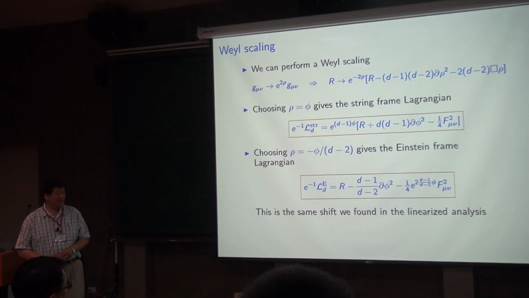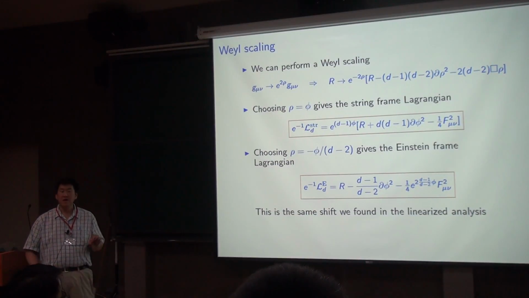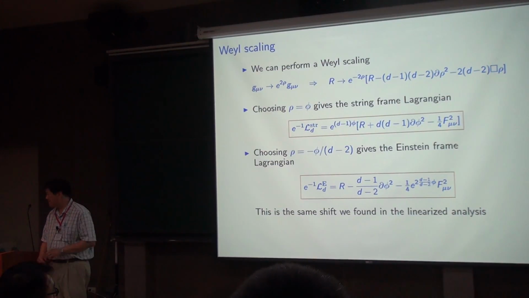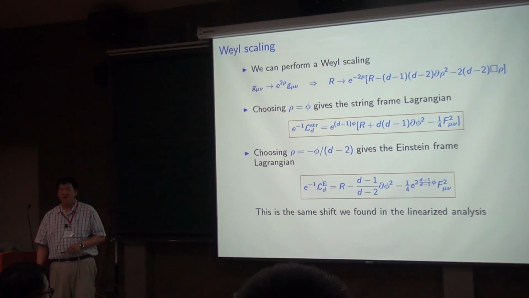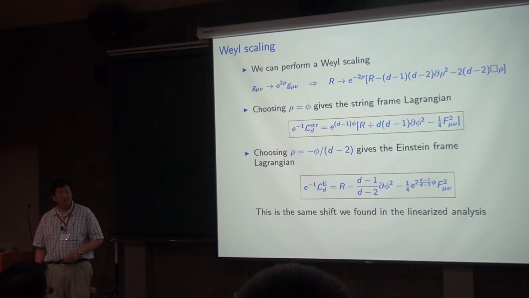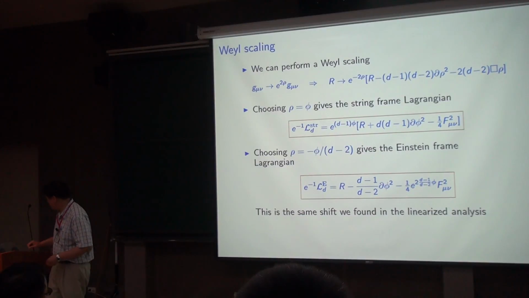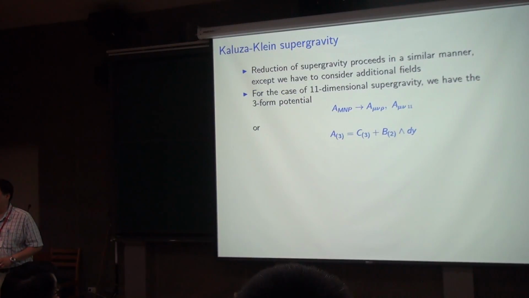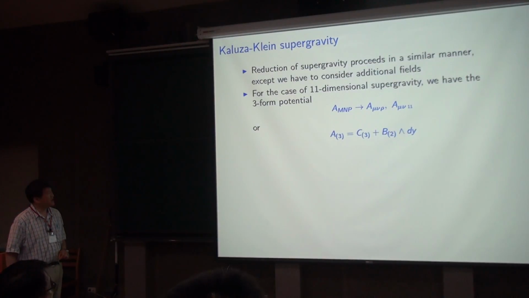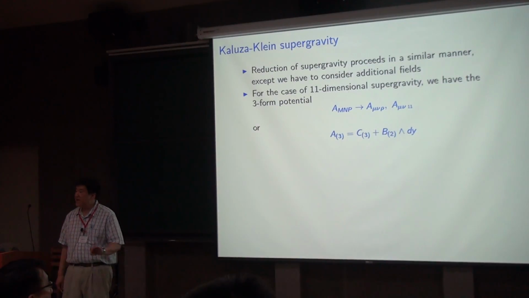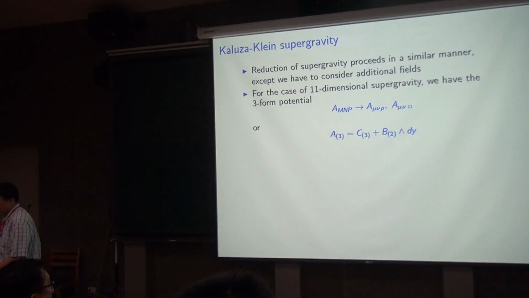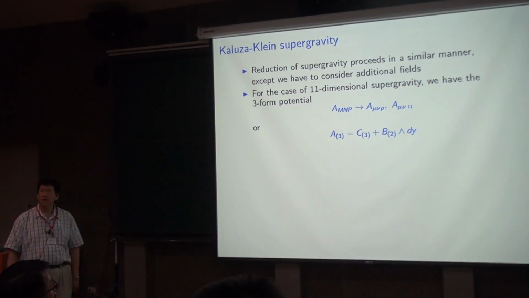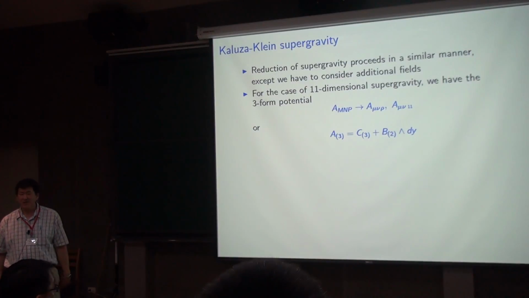So I spent a little bit of time talking about Kaluza-Klein gravity, reducing the five-dimensional gravity theory to give you Einstein-Maxwell-dilaton in 4 dimensions. Of course, what I really want to do is to consider the supergravity case. And part of the complication of supergravity is to have additional fields. I have supersymmetry and I have fermions to deal with. If I ignore supersymmetry and fermions for the moment,